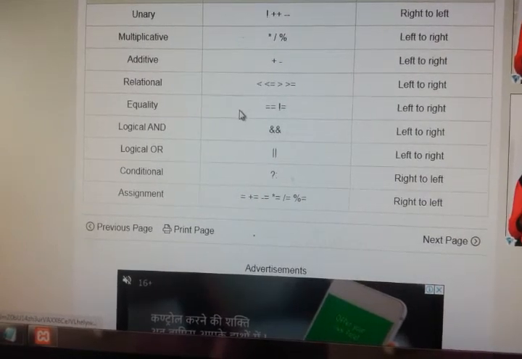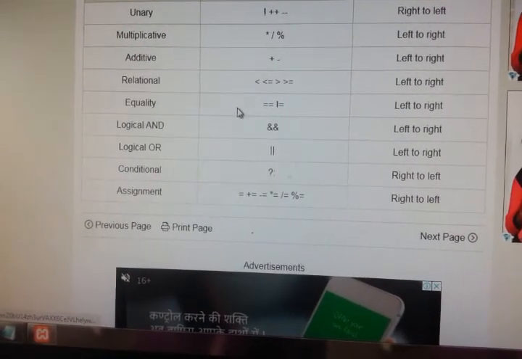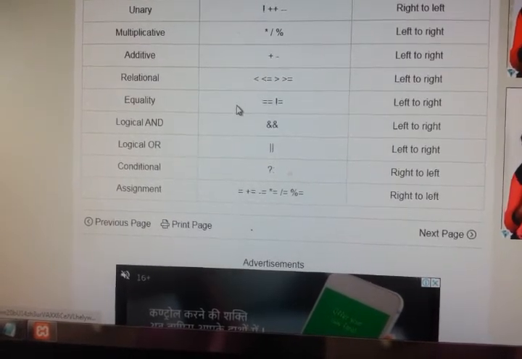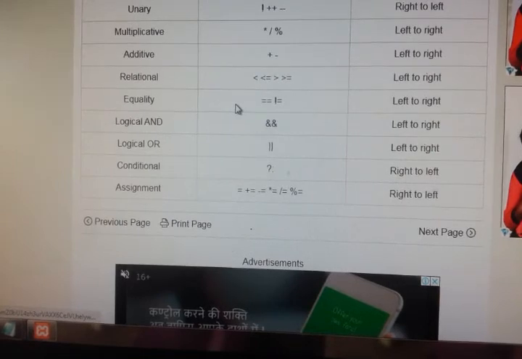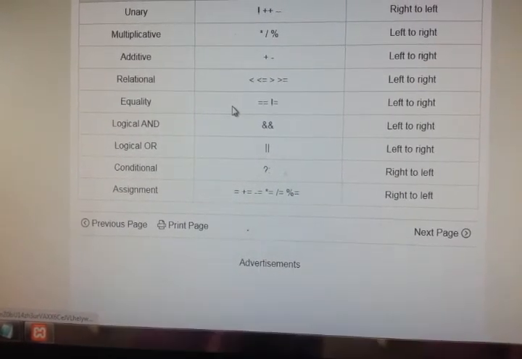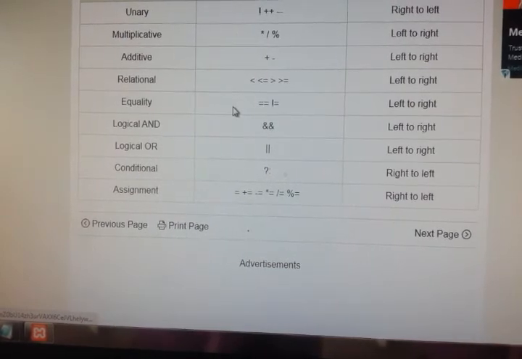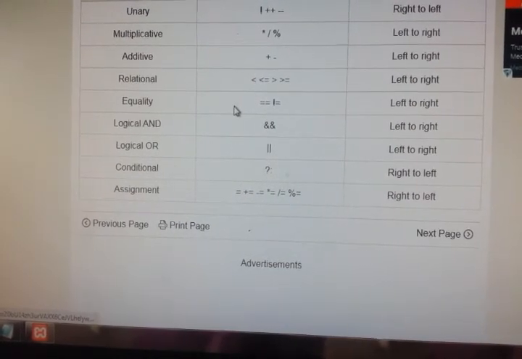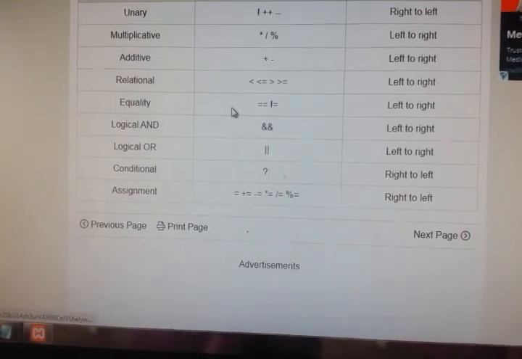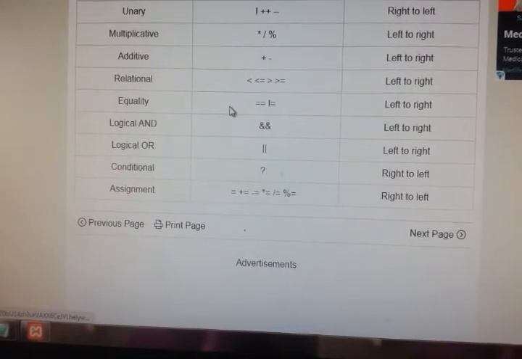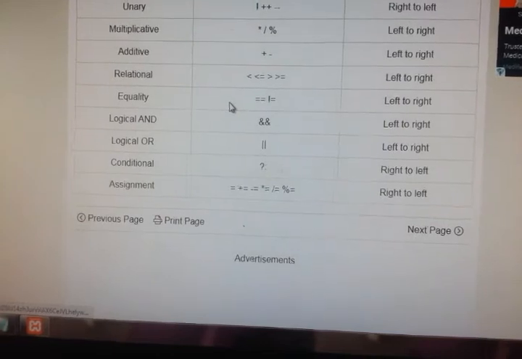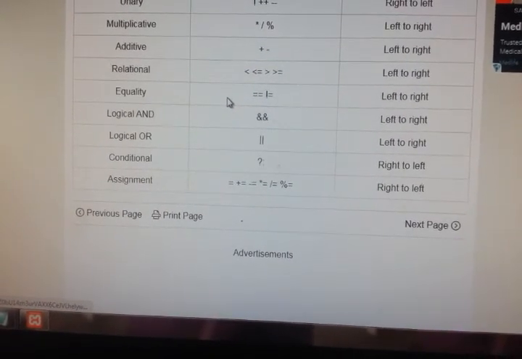And equality, that is double equal, not equal, the associativity is left to right. Logical AND is also left to right. Logical OR is also left to right. And the conditional operator is right to left. And assignment, like equal, plus equal, minus equal, star equal, slash equal, percent equal, the associativity is right to left.